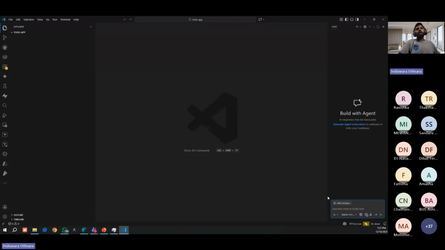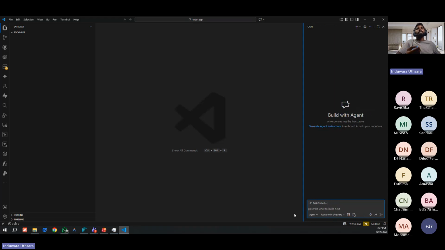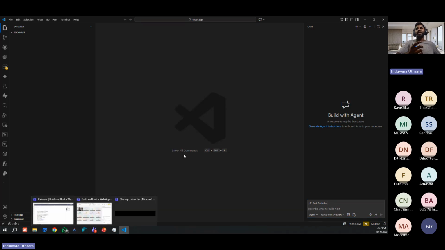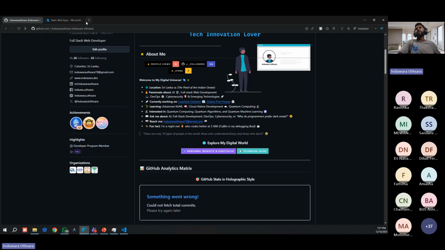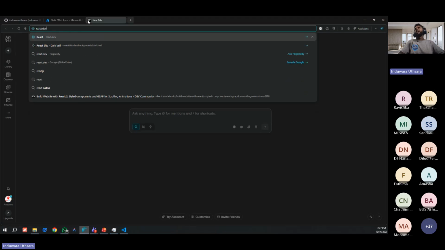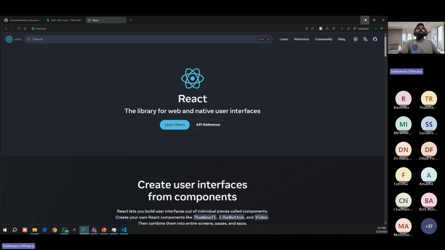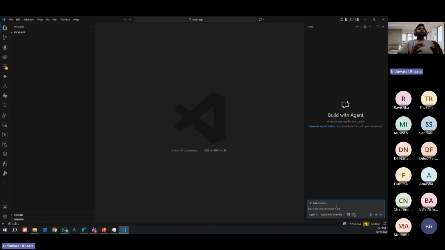So I assume I don't know React. The best thing is, before you do a project, you should have knowledge of it. If you don't know React, you can go to react.dev and study it. But you can also create a React app without knowing about it. So I say, create a React app